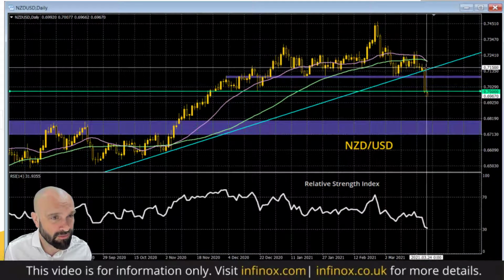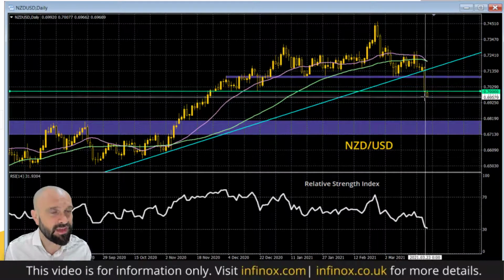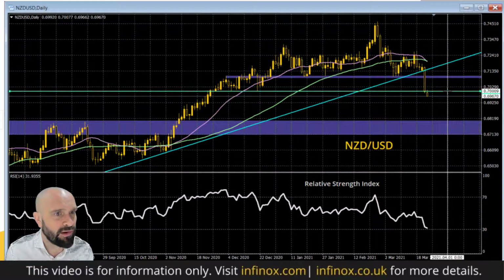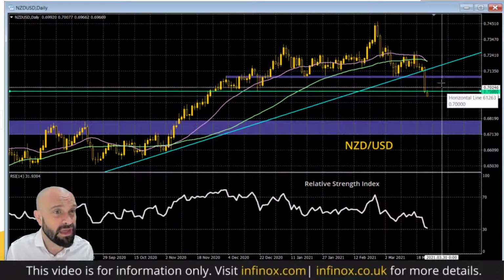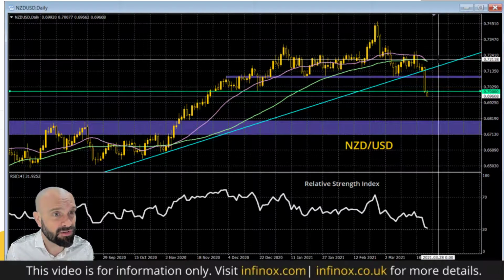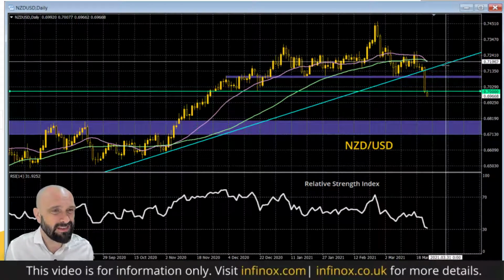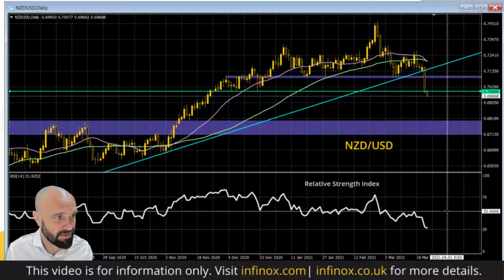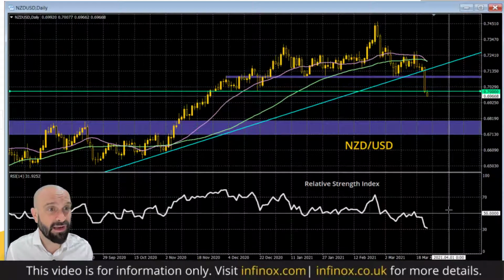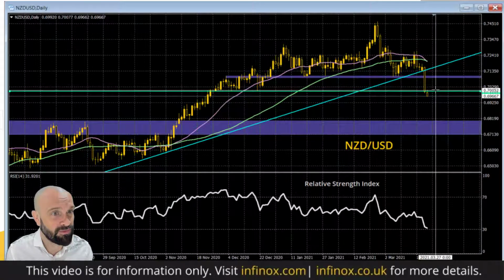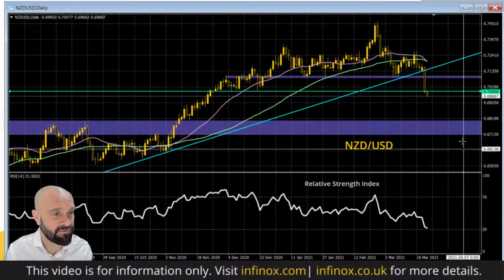So not only have you had that decisive negative candle yesterday, you've continued lower today, and that is a real concern of mine. I think that this looks now to be, look at that death cross on the moving averages as well, 21 and 55 day. This all looks rather corrective to me, and I think selling into strength now has to be the play on the Kiwi. Resistance 70 big figure up to that 70.95 level.